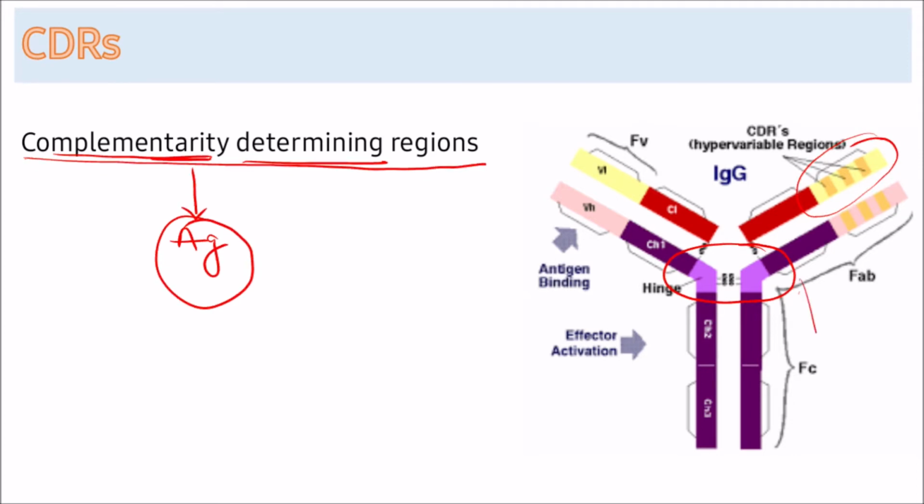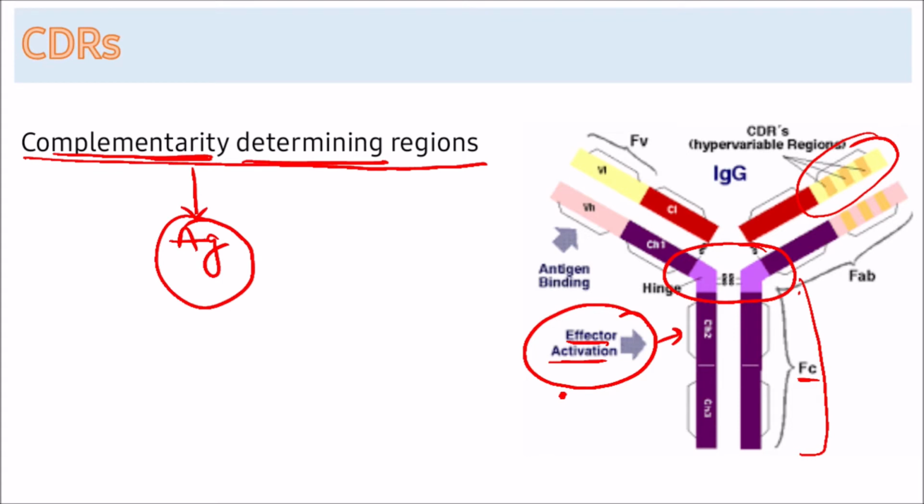And here the lower part, this is the Fc region. This Fc fragment has the constant region, which is responsible for the complement system activation by interaction of subunits, that is effector activation. And this Fc fragment is also responsible for the interaction with the other WBCs present in our blood, such as macrophages. And this upper part is the antigen binding, mainly the CDRs are responsible for the antigen binding interaction. So this is all about the CDRs.